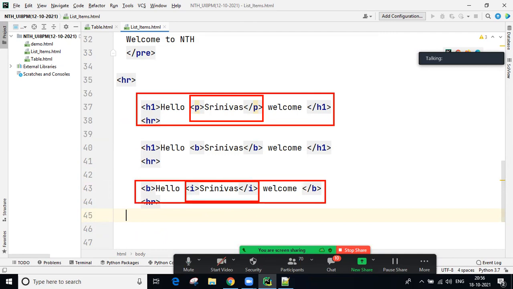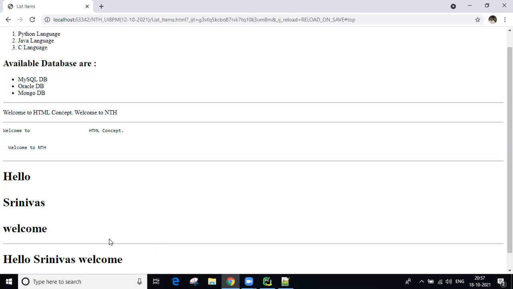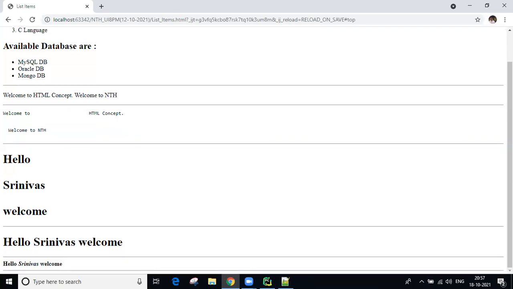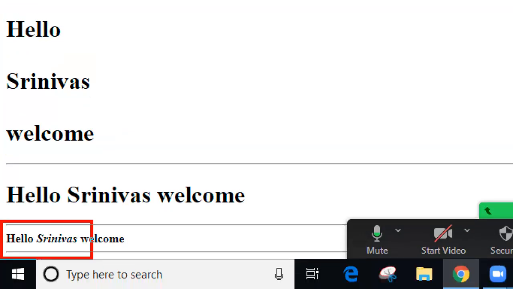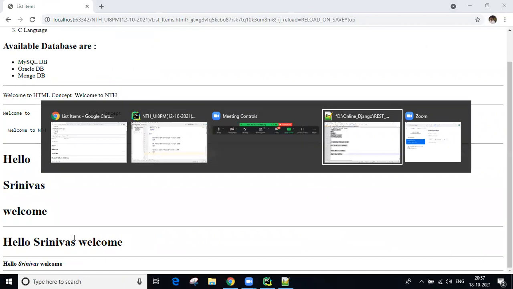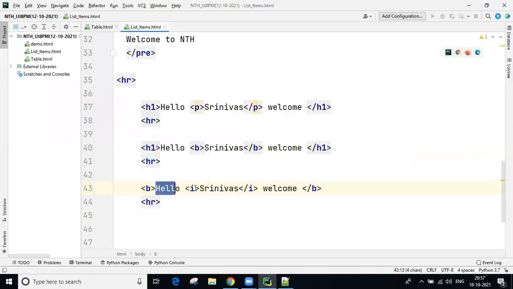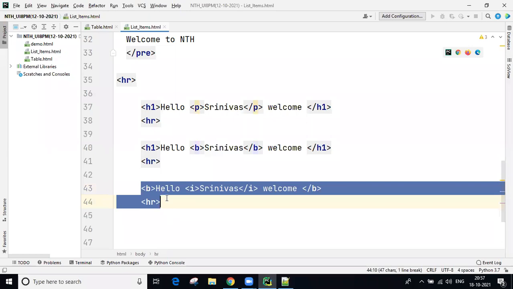Then here what you are getting is again the same line. Hello Srinivas, welcome. First this one, guys, again same line only. This one also same line only because of inline behavior. Okay, now change here.